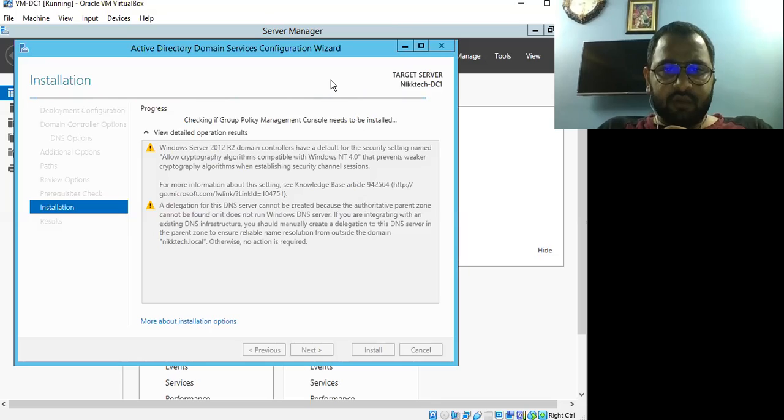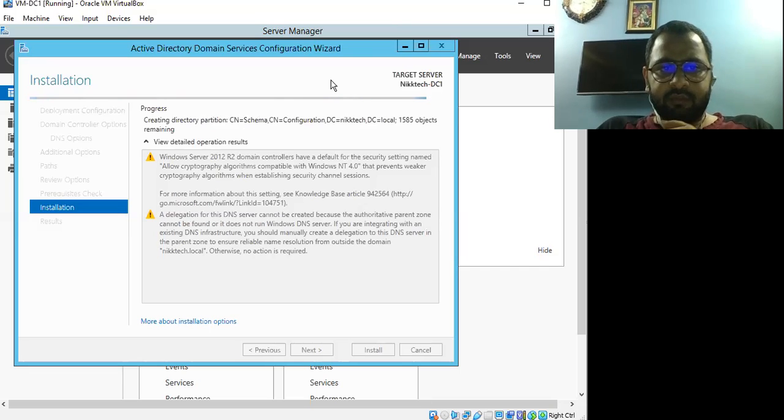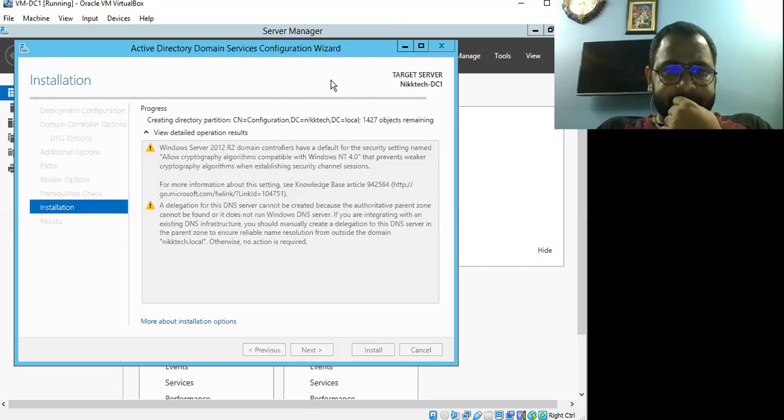Waiting for DNS installation, checking if Group Policy Management Console needs to be installed. Computer, host Active Directory domain. It is creating directory partition at this moment.